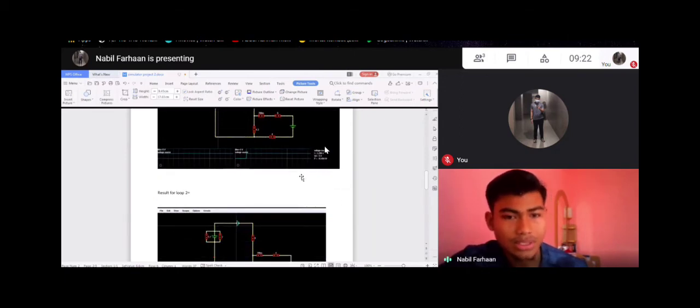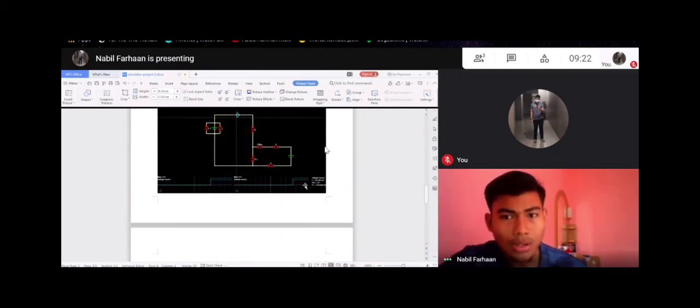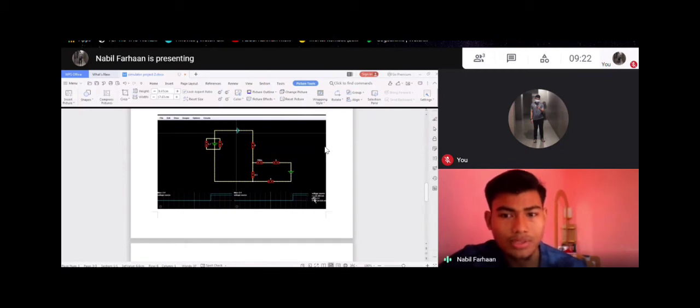And for the second loop, the current is 78.309 milliampere, and we know that the source for the second loop is 3 volts, and the power that we get from the second loop is negative